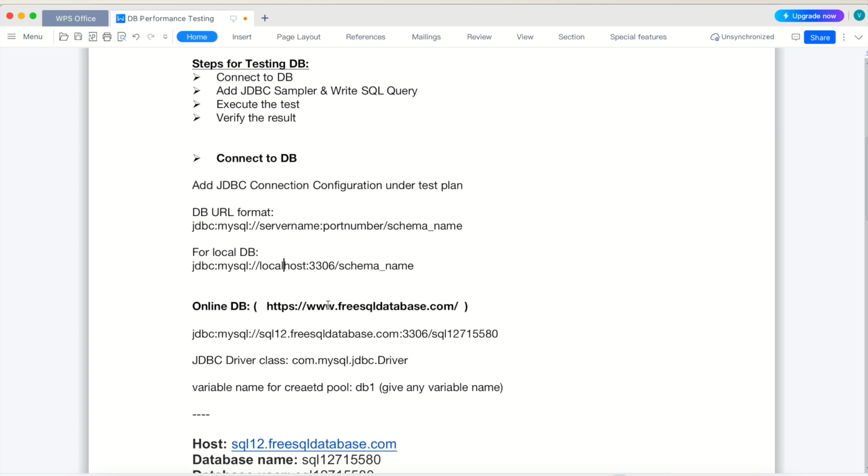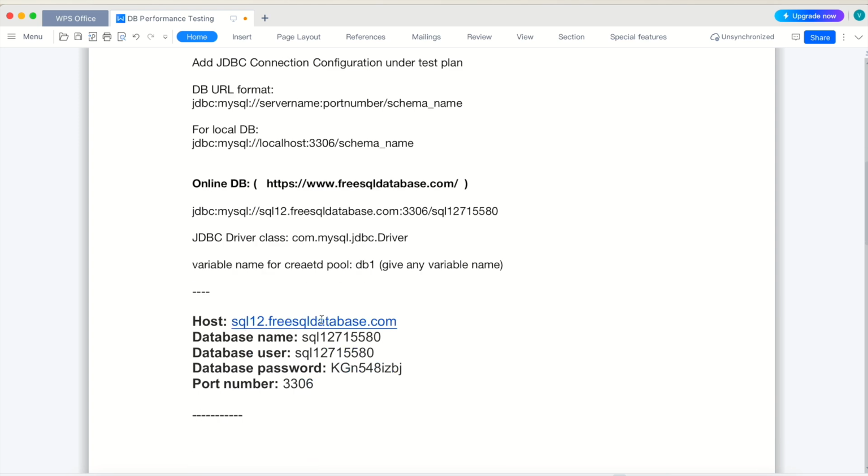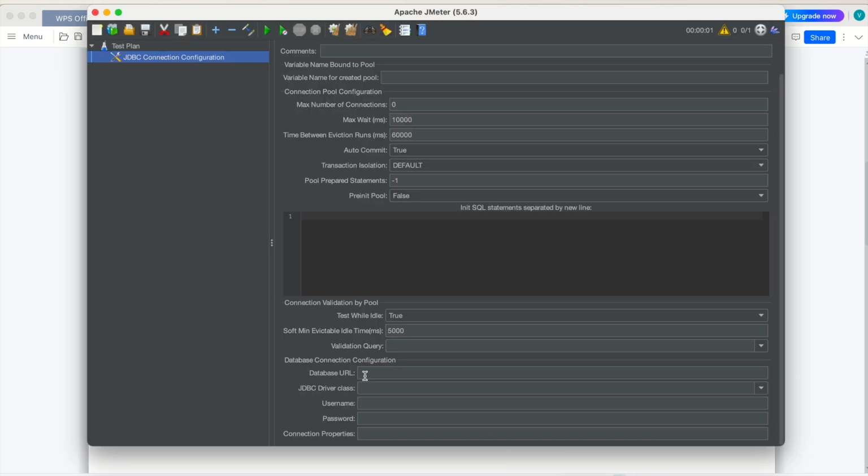Since we are using this online database, our format will be jdbc:mysql:// and this is the name of the server that we have received in your email ID, and then this is the port number, which you will also receive in your email ID, and this is the database name. This is the database name, which will also be received in your email ID. So what I will do is, I will copy this and use this database URL, and the driver class you need to use is